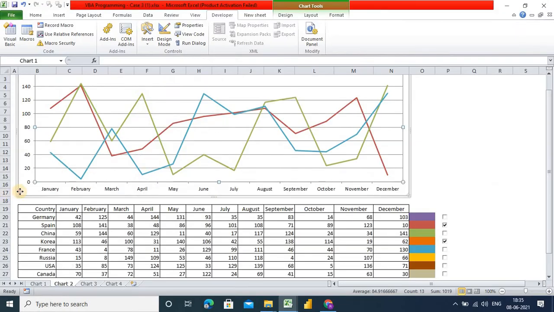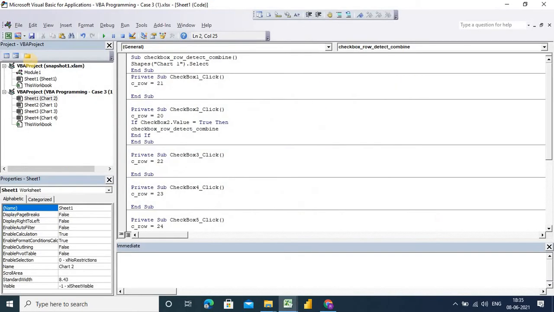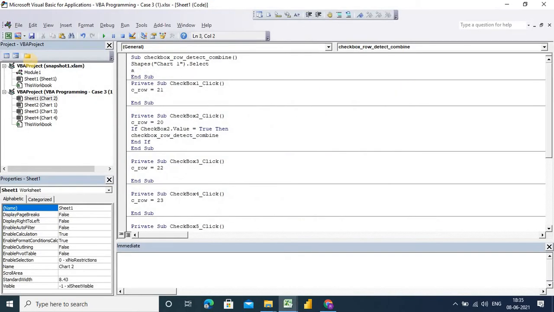You can see here, whenever you click on the chart, it will show you Chart1. Now I am again clicking here, active chart. So now this will be my ActiveChart.SetSourceData. This is the simple typing method, and you will have to remember this.